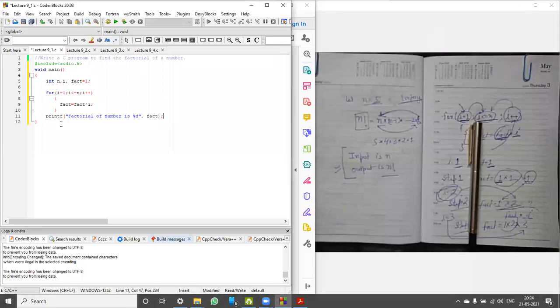So now I can just print this value with a %d, okay, because it is an integer. Okay. Now I can run this.